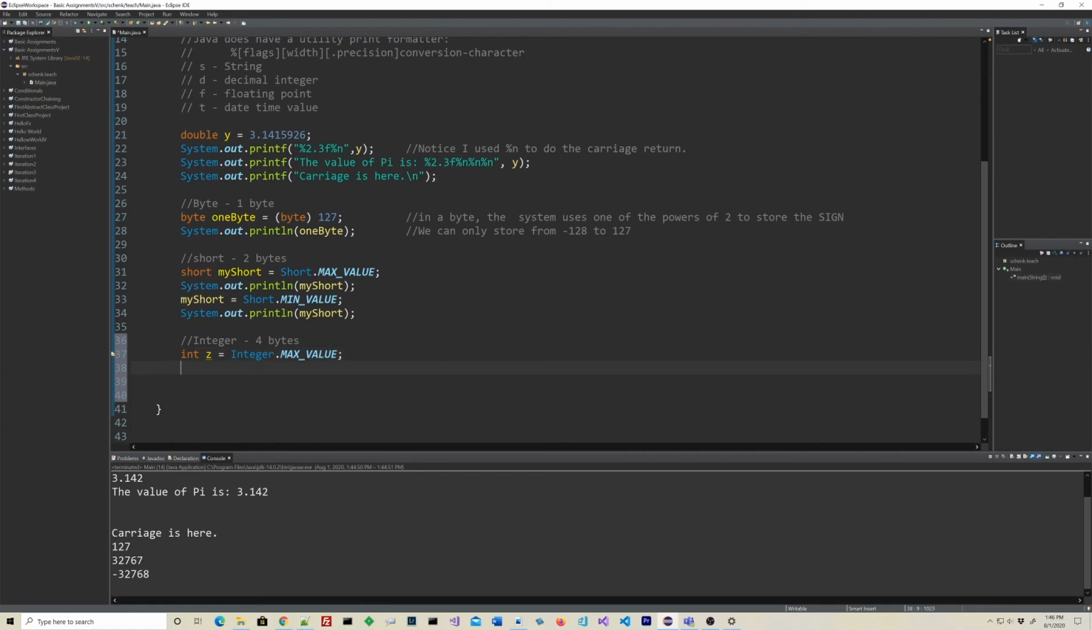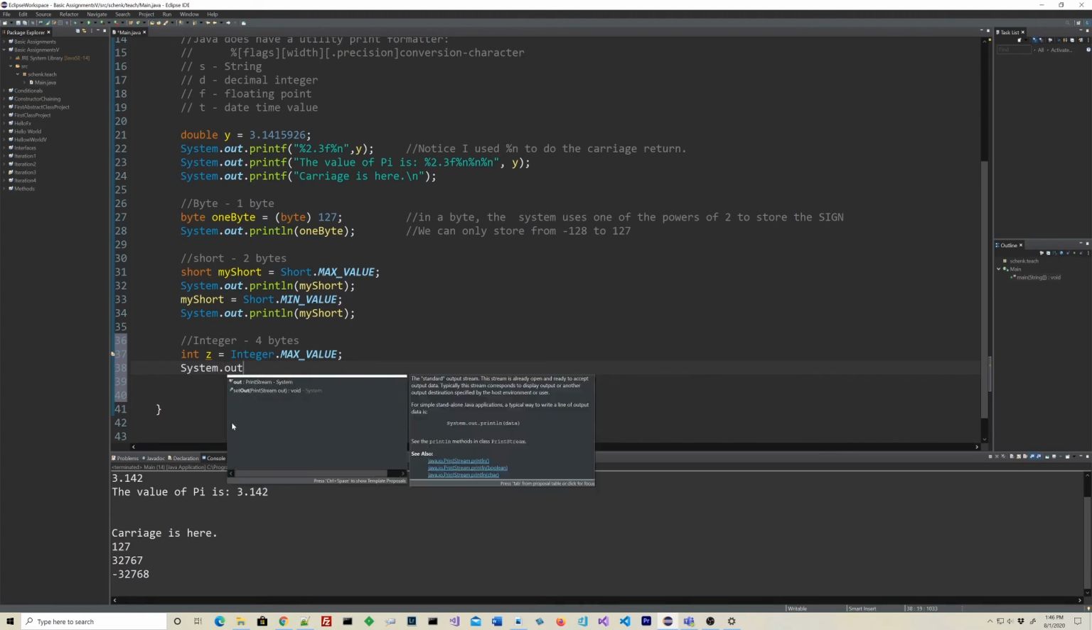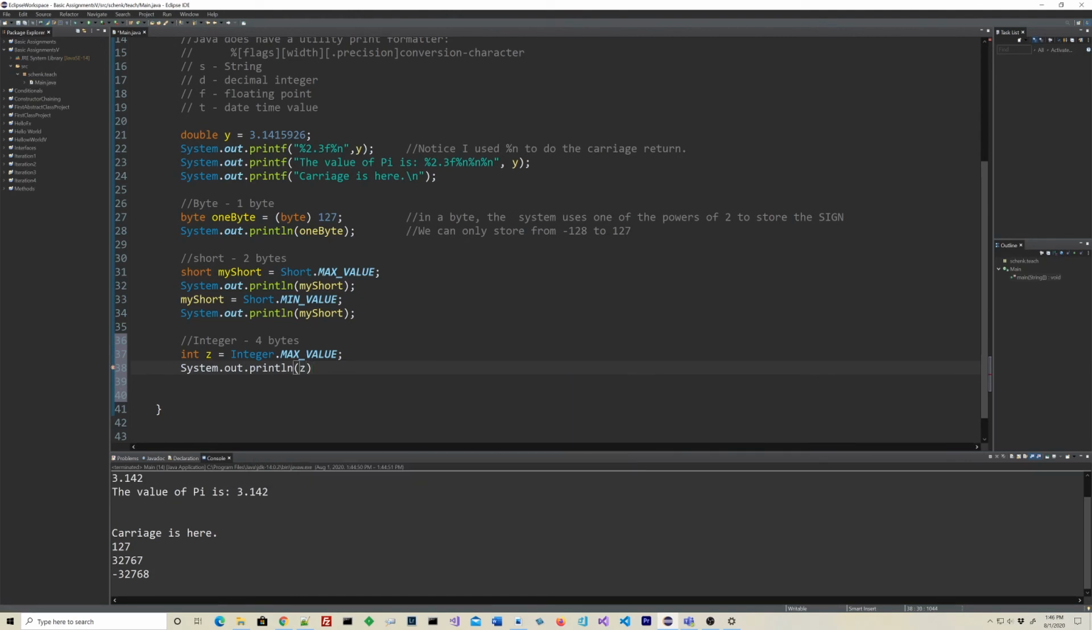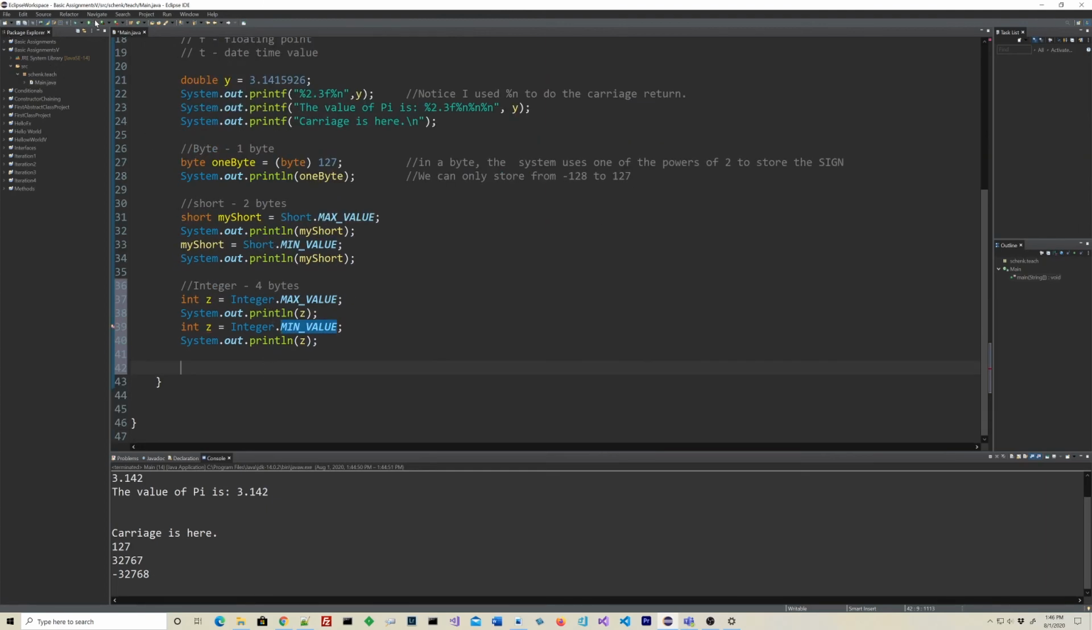Actually, there's better ways I can show that. So Integer z is going to get the max value of an integer stored in it. So system.out.println z. And let's do that with min value. And here I'm just going to make this min value. And let's see what we get when we go with